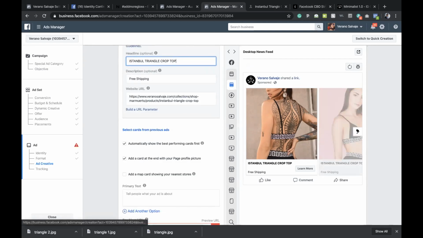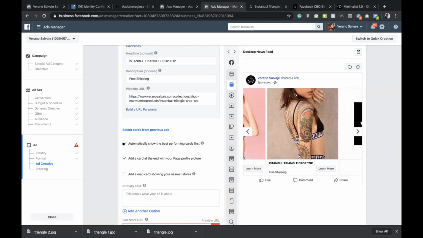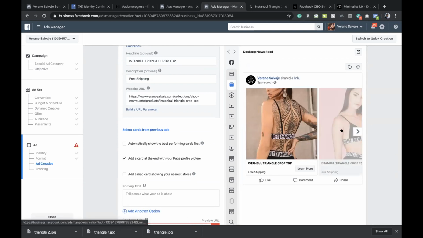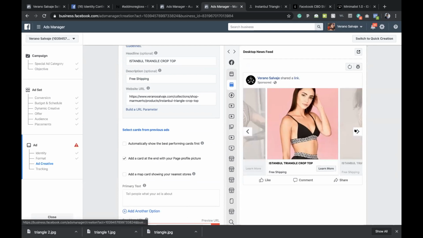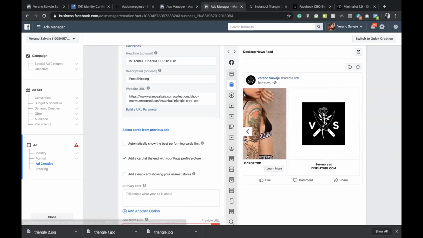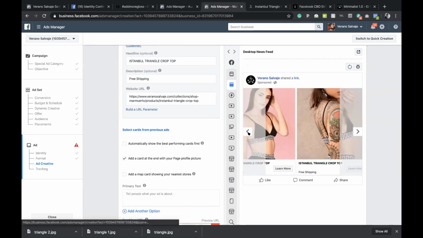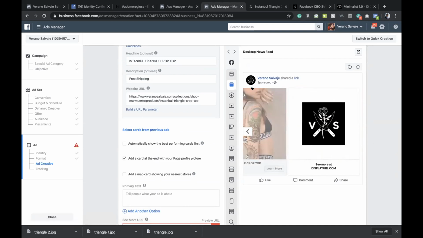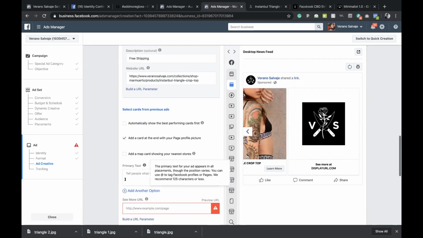Got it. So the first thing we're going to do is uncheck automatically show best performing cards first. We'll do one ad later on with that checked. But first, we made this a specific way, so we want it lined up this way, right? See what I'm saying? And then I'll also make this circular, just so you have it here, so that way it adds consistency. All right, primary text, that is going to be